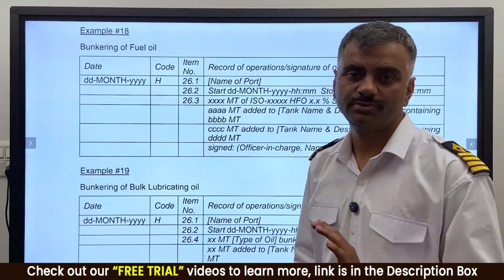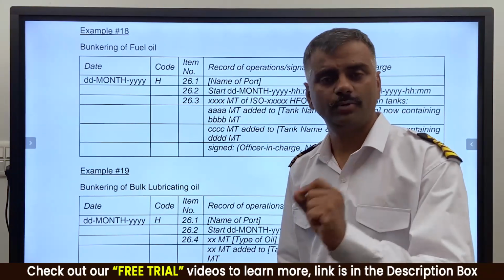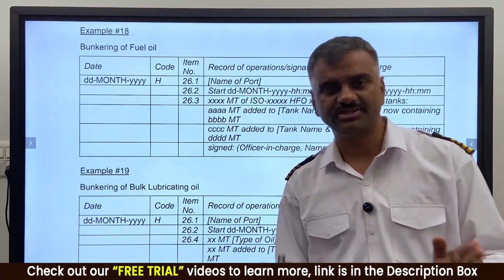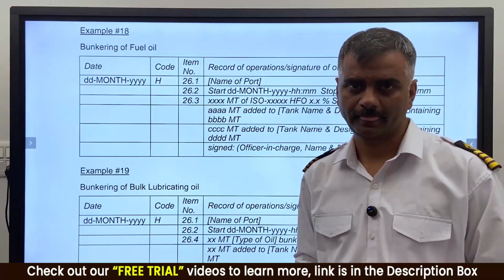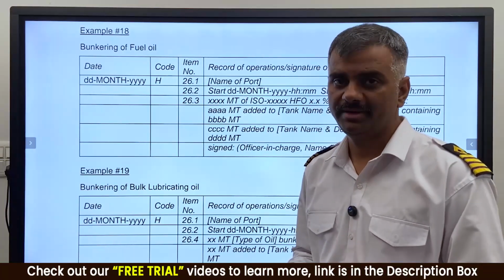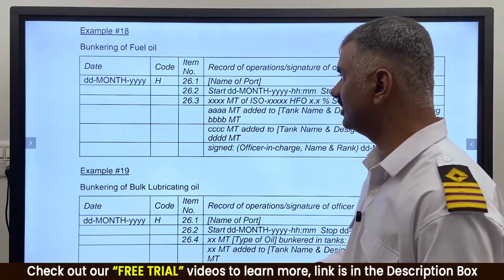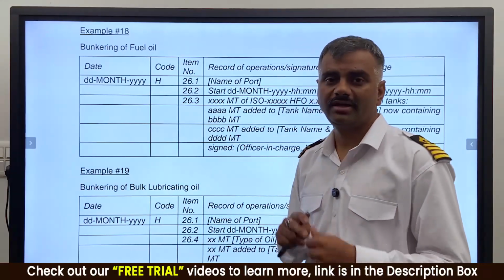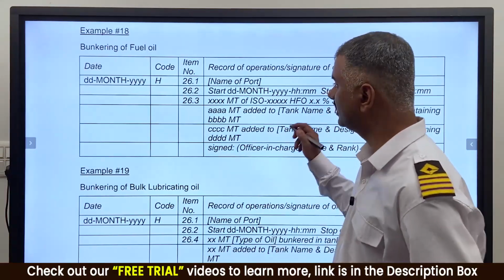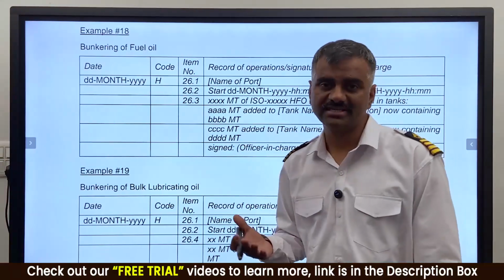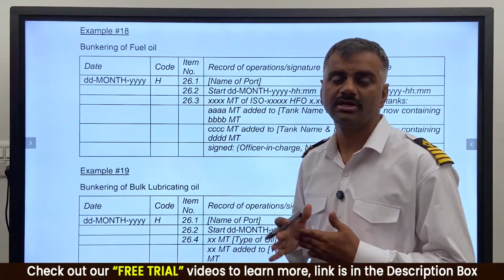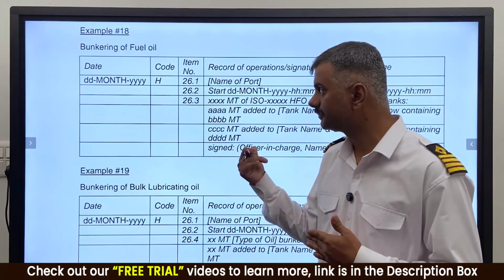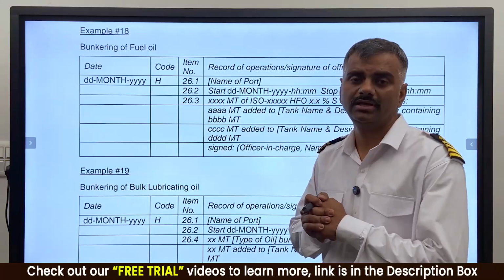which they have refused to sign, or you just mention that an LOP has been issued for the deviation in the bunkering quantity. Then you accept the BDN. If you have done so, you have the right to mention the correct quantity, because otherwise it becomes confusing as to what data we have to enter in the oil record book.